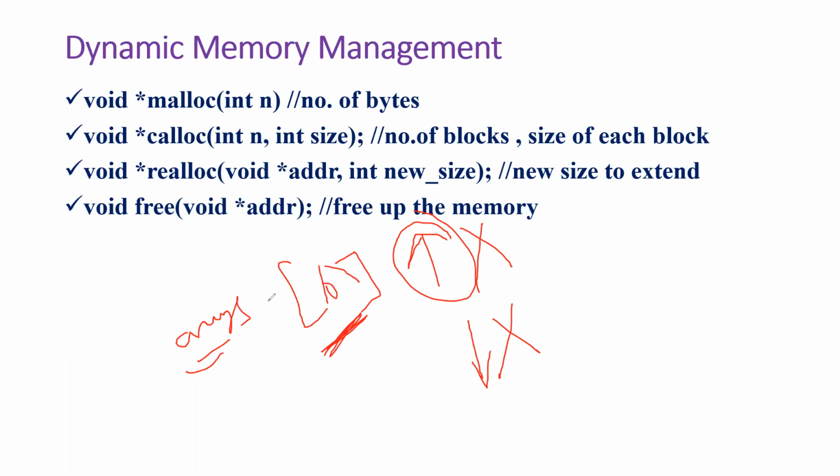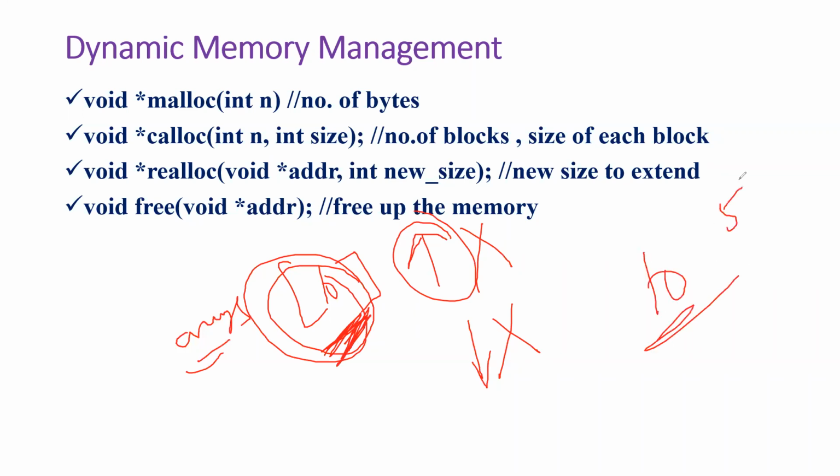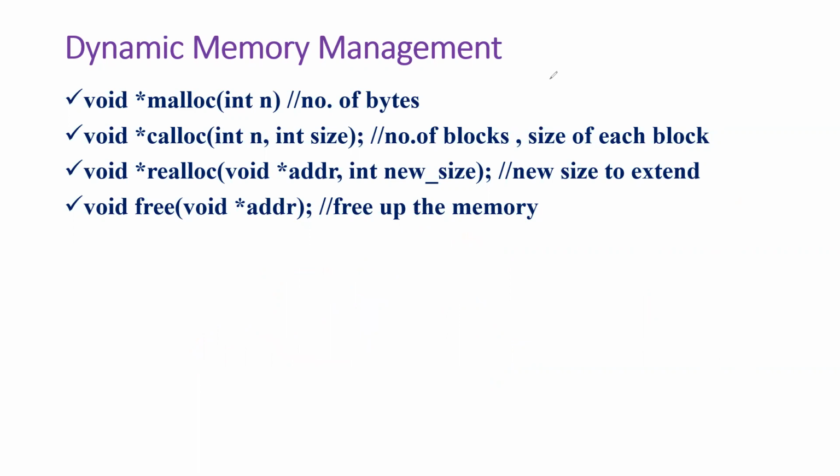So this is called static memory allocation. Even though you use it or not, memory wastage will be done, okay? For example, if you take 10 but use only 5 blocks of memory, then the remaining 5 will be wasted. So in order to prevent that, we go for dynamic memory allocation,